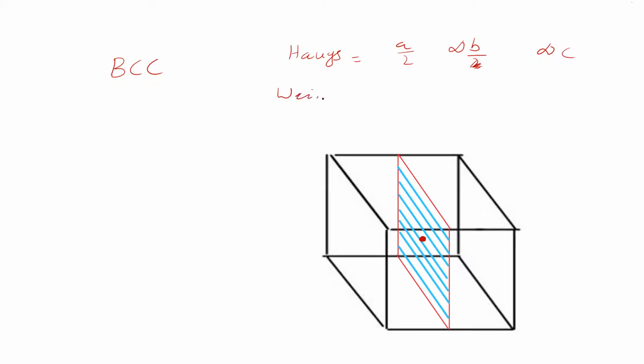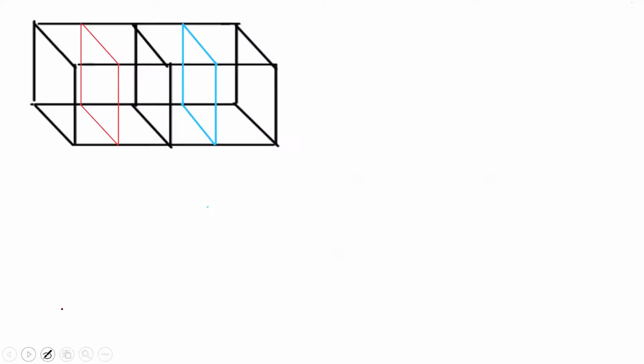So we'll see the Y's indices. For A the coefficient is 1 by 2, for B the coefficient is infinity, for C the coefficient is infinity. Then we will see the Miller indices. So what you will get is 2 0 0. So it is a 2 0 0 plane.